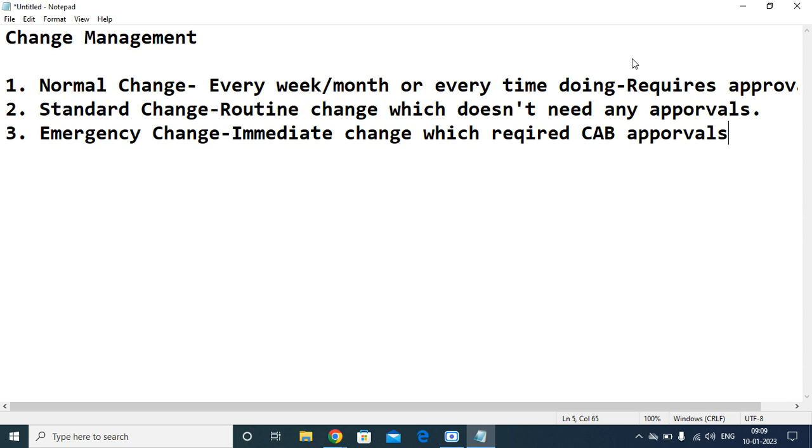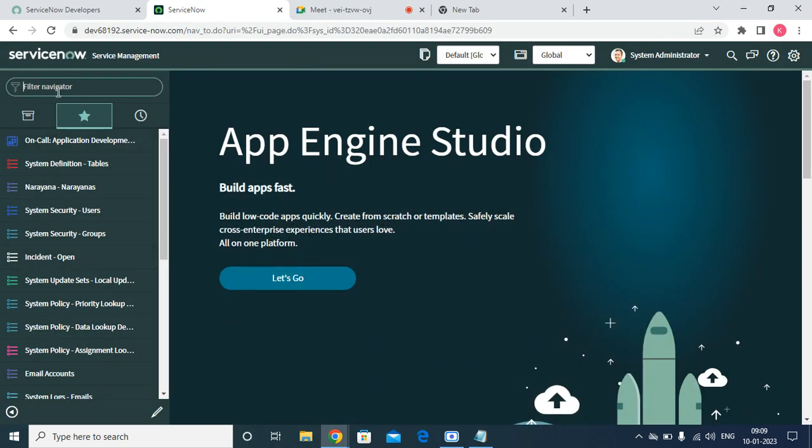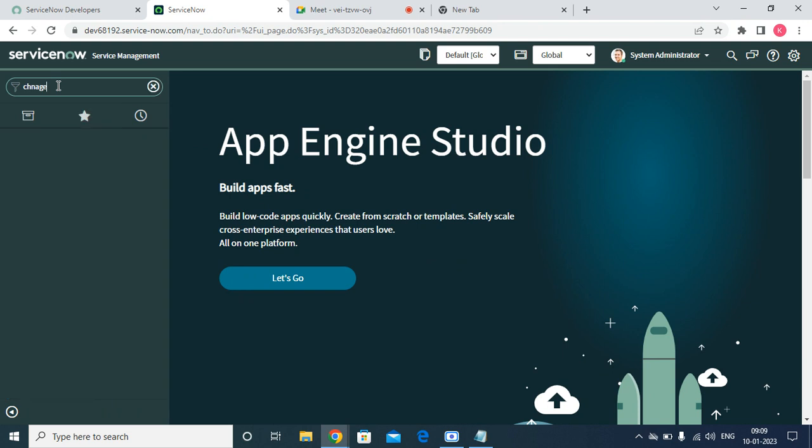I hope we are clear on the three different types of changes. This is one of the interview questions. Now we'll see how it has been implemented in ServiceNow. If I go to change management,